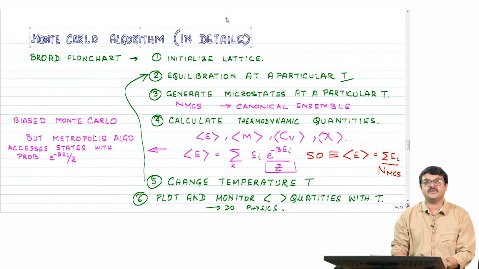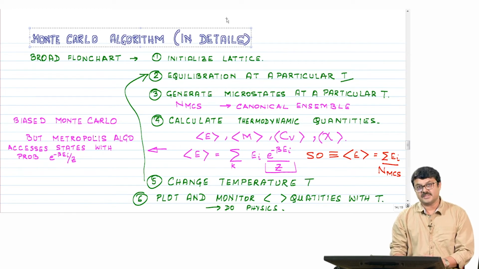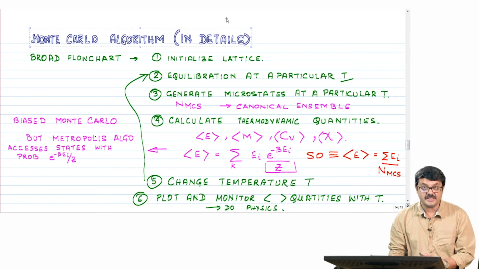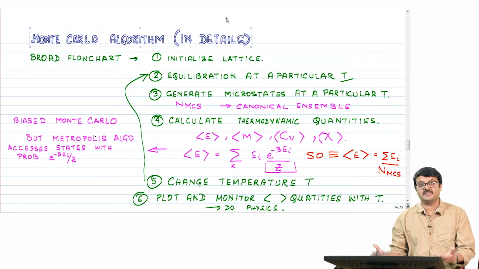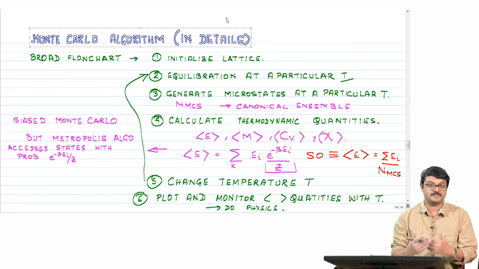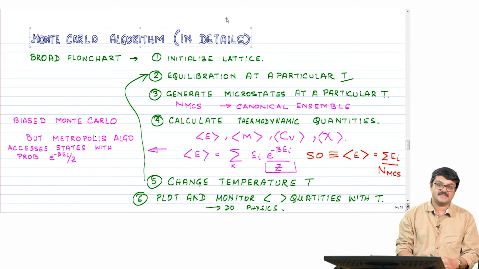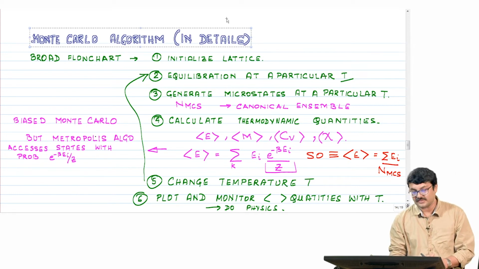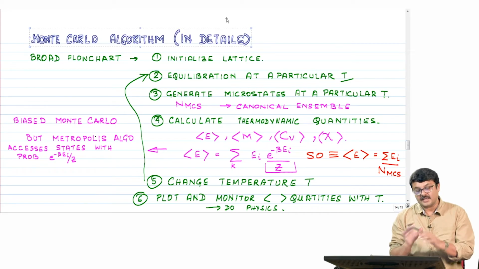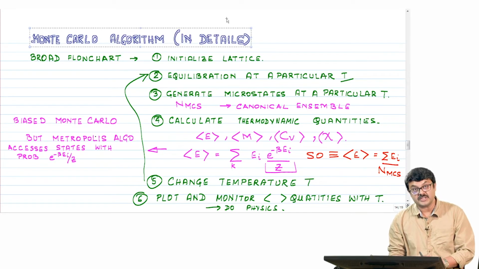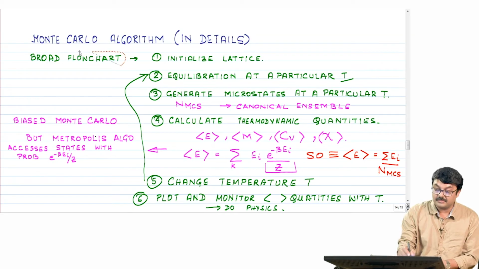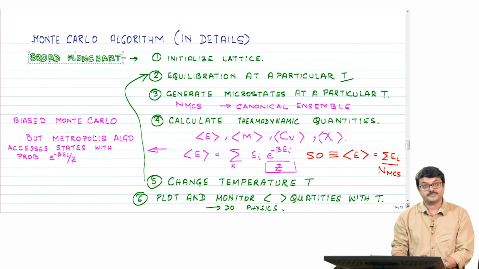Through this calculation, you are trying to understand how you are going to do Monte Carlo simulations for more complicated Hamiltonians. The Ising model is one of the simplest Hamiltonians. If you understand how to implement that, the principles of the calculations remain the same, though other complexities due to the Hamiltonian increase. So, with that background, let us get down to discussing the broad flow chart